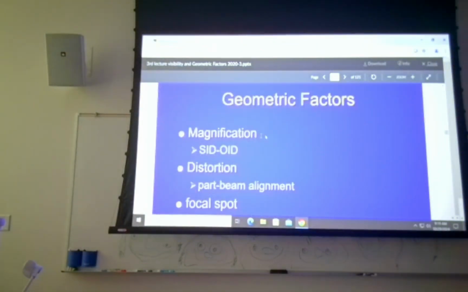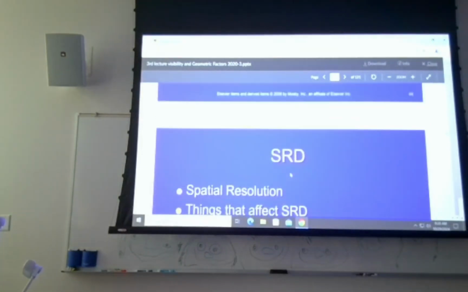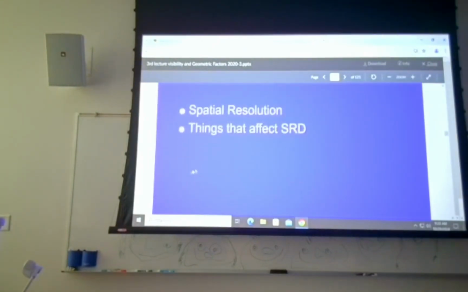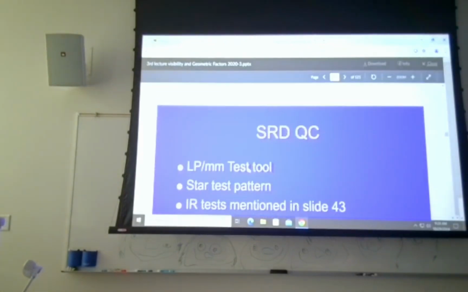So with geometric factors, we have the same problems as CR and DR as what we had before. That is our SID and OID issues we're going to talk about later in the semester. And then we've got distortion, part beam alignment, focal spot. All of that still applies, anode heel effect. All of that's still going to apply, but we still have issues with sharpness or recorded detail specific to our